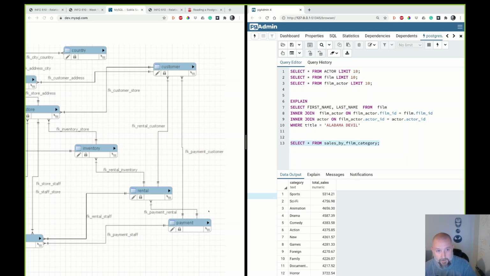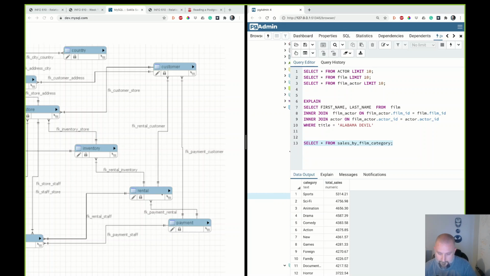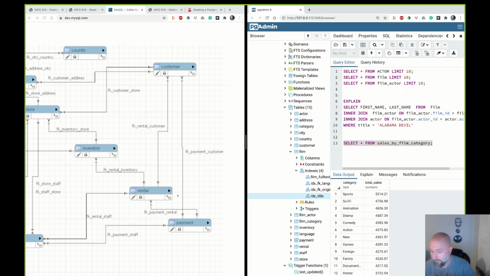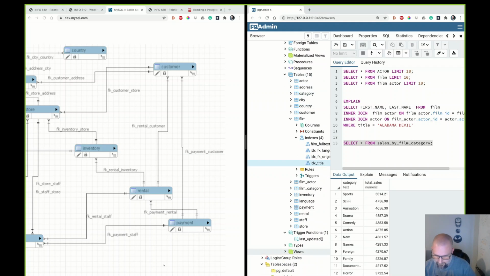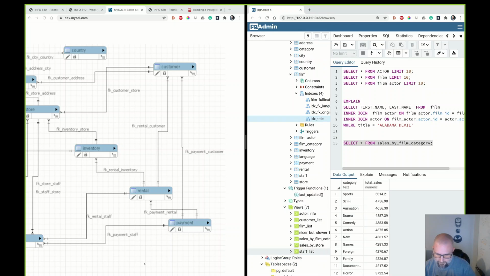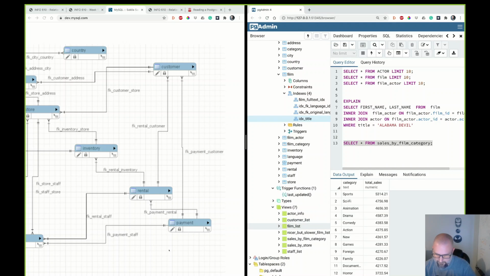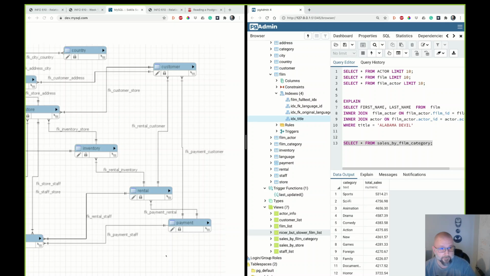How do you think they figured out sales by category? Using things we have learned. A view? Ding, ding, ding, a view. So if I go to my views, let's see what we have. We have a whole bunch of views. Actor info, customer list, film list, nicer but slow film list, sales by film category, sales by store. So yes, the sales by film category view